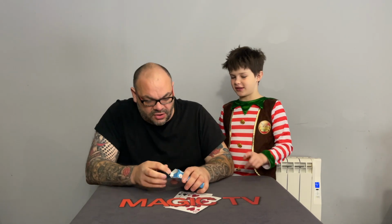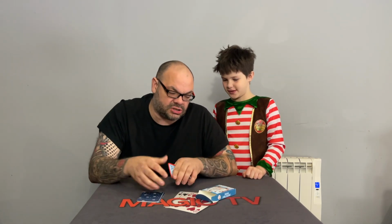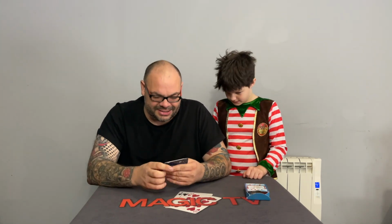I think it's very good. You like it? This trick's very good. I really do like this. Now, one thing that I want to point out, let me just put the instruction card back in here. You do get 2 cards with this. So you get